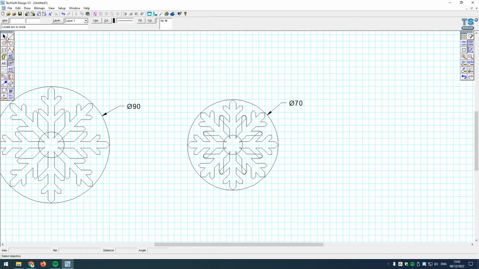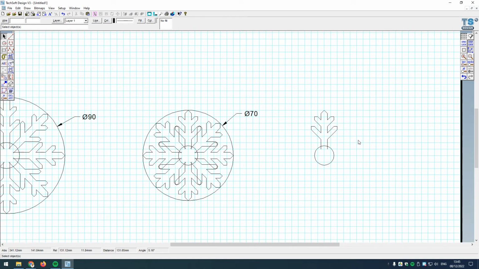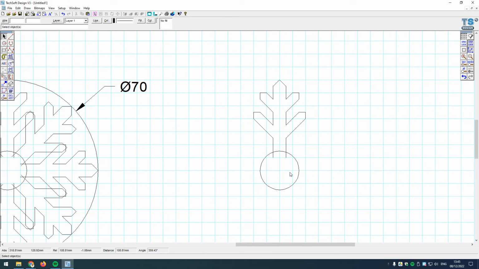Okay, so therefore, let me see what I want to do here. I want to select that branch. I want to select that circle. I'm going to copy those, and let's just bring those over here. Make sure that they're on the grid in the right place so everything's lined up like that. Okay, so let's just zoom in now over here and see what we can do. My thinking here is,